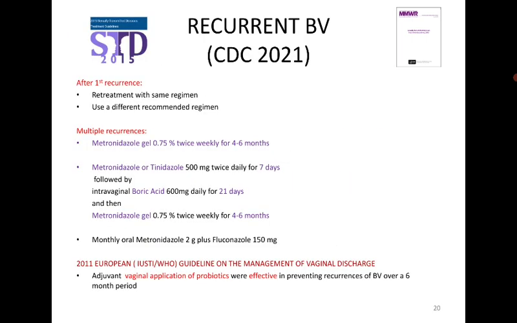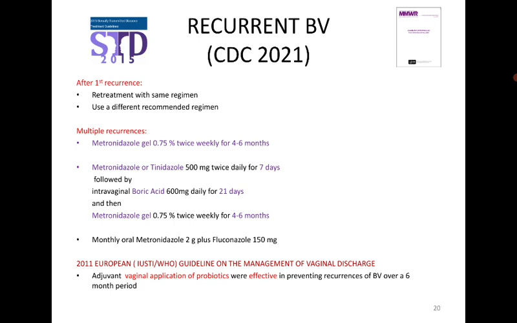Recurrent bacterial vaginosis: after first recurrence, retreatment with the same regimen, or use a different recommended regimen. Multiple recurrence: metronidazole gel 0.75% twice weekly for 4 to 6 months. Remember, for recurrent bacterial vaginosis the dose and duration are different. Metronidazole